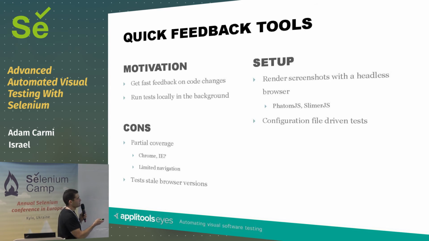If you're using Phantom.js and Slimer.js, this means that you're using WebKit and Gecko as layout engines, which are the ones that are used by Safari and Firefox. And you still have Chrome and IE, which are rather important web browsers that you're not covered with. The second reason for poor coverage is the fact that although the browsers update very frequently, these headless browsers update